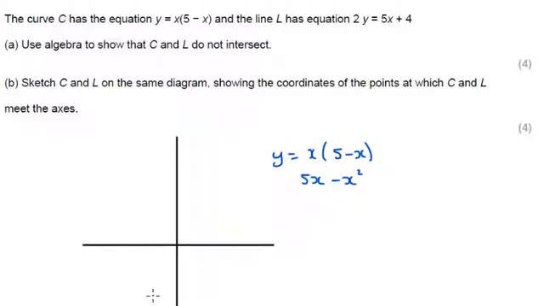So it's going to look like that. That point's 5. So that's the sketch of the quadratic. We could also say that that coordinate there is going to be 5 over 2 for x, because it's symmetrical about that point, 5 over 2 there, and